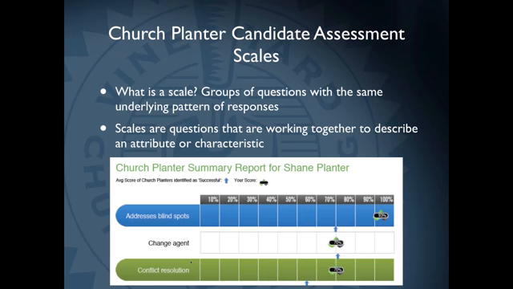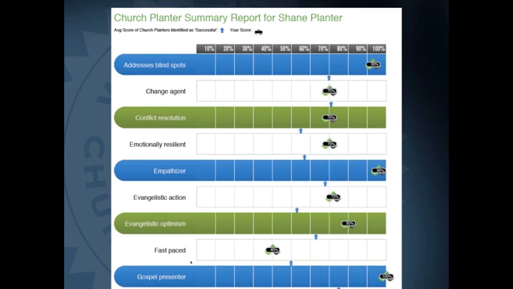So, some general information about how to read the reports. Let me give a bigger picture of a report there. You have a blue arrow in each of the scales that shows where the average church planter, the average score of a church planter who is identified as successful, falls. So by